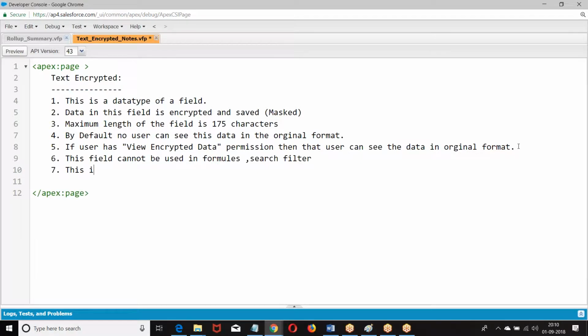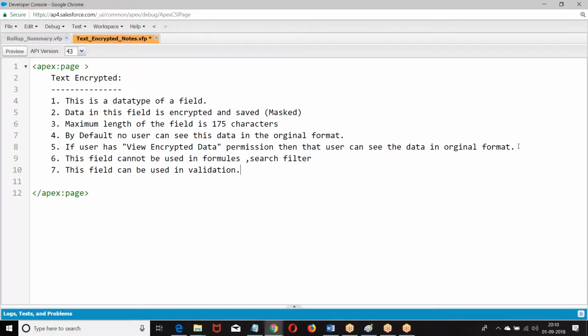This field can be used in validation. Let us say it is a required field. I want to ensure that a value is entered. Then if I don't write a validation, I will not be able to check. So this cannot be used in formulas and filter conditions, but it can be used in validation. I hope everyone is good with this.